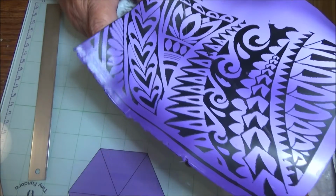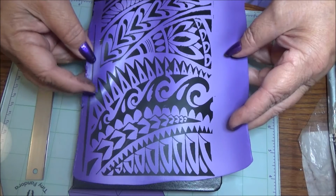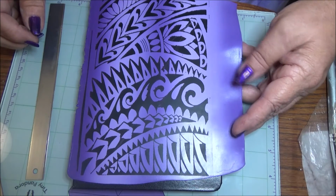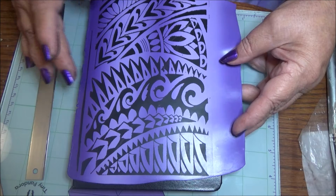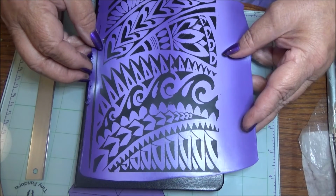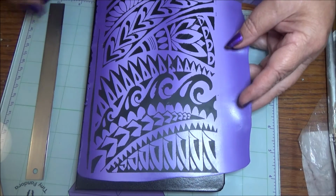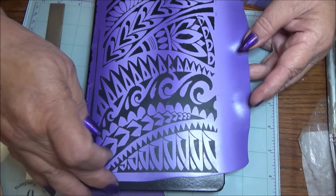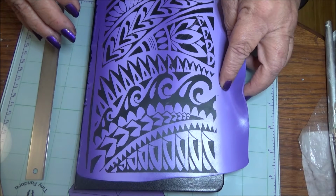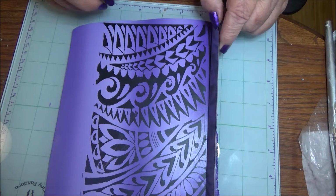And here is a silk screen. Okay, I think I want it this way because I want the dark purple over here on the side. And just because it's not coming all the way to the edges, that's okay with me. It's going to come all the way to the edge over here on this side. It's not going to meet the bottom and the top, and that's okay. This Mega Blade is long enough